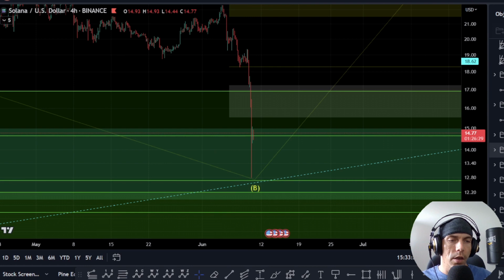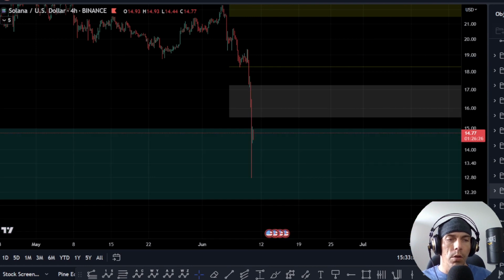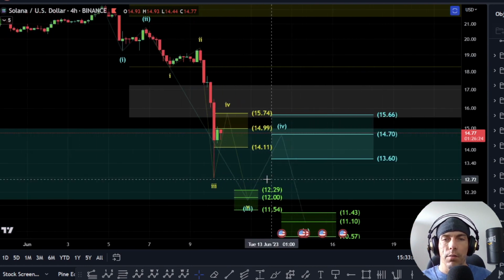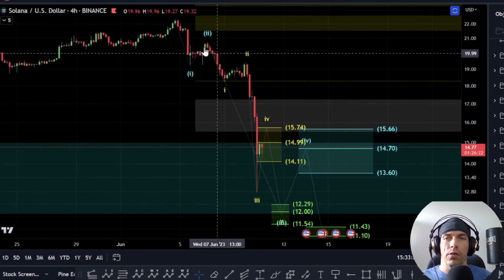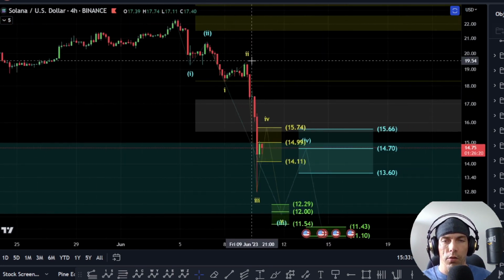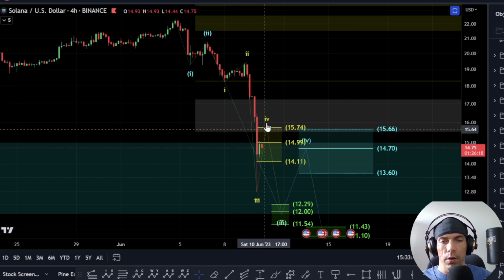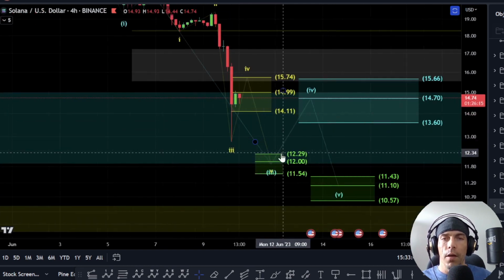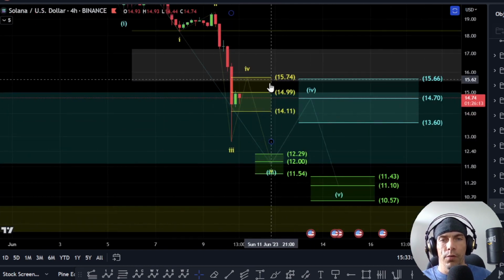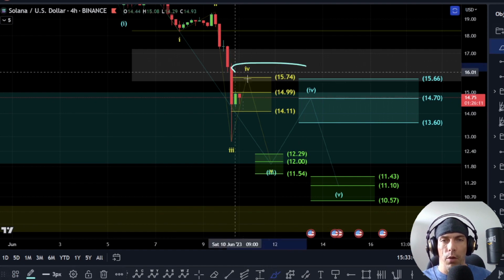So we're going to go over the internals of this drop now. Now what I'm looking for within this is that potentially we could actually still see some downside here, where this is a 1-2, this is a 1-2 here, and then effectively we're looking for this as a 3rd, 4th, and a 5th. Now if we fail to break above this 1574, this will be my primary count, where I'm still